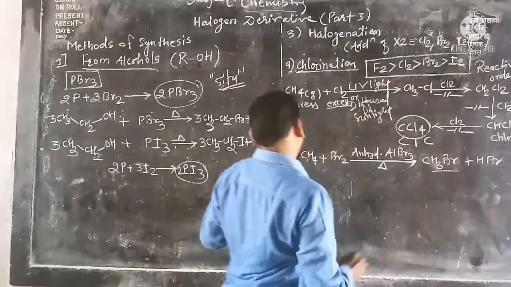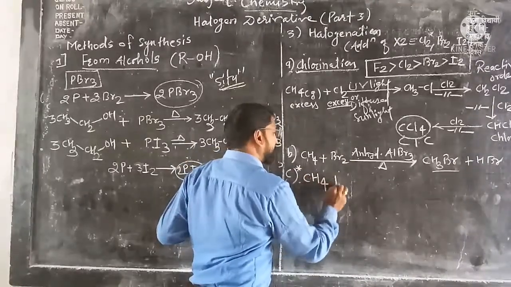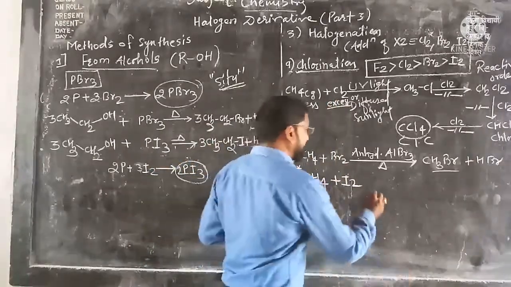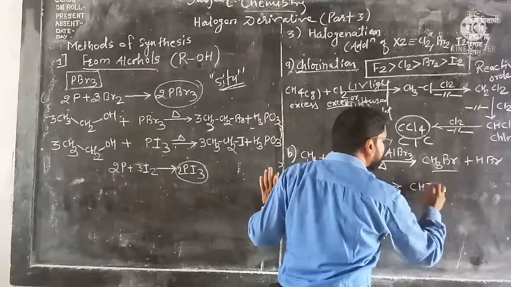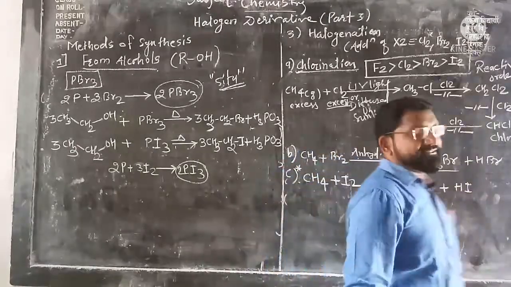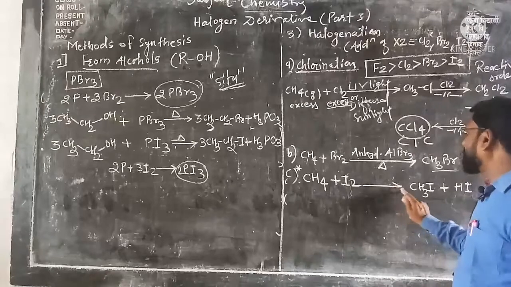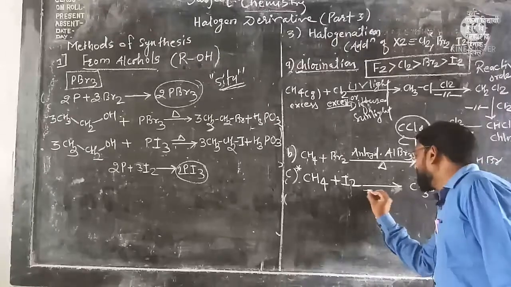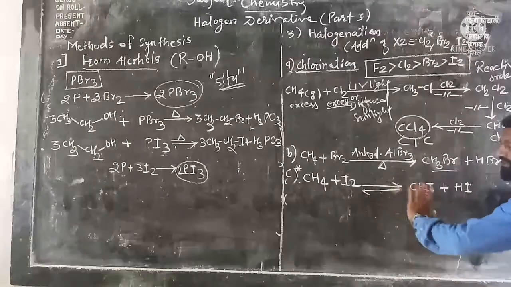Similar to that, this reaction is very important, note here all of you: CH4 plus I2. Bromination, chlorination, now it will be iodination. When we go for this reaction, we get the product CH3I, methyl iodide or iodomethane, along with HI. But experimentally it is found that this reaction is not a type of forward direction only, while this is a reversible reaction. It is not a unidirectional reaction.